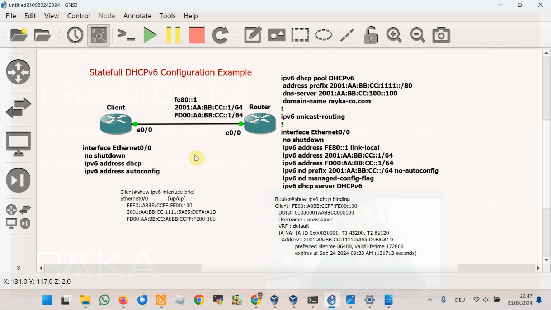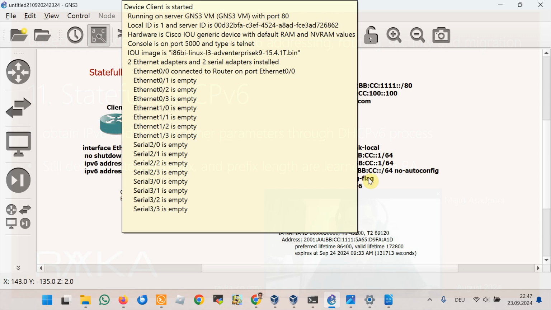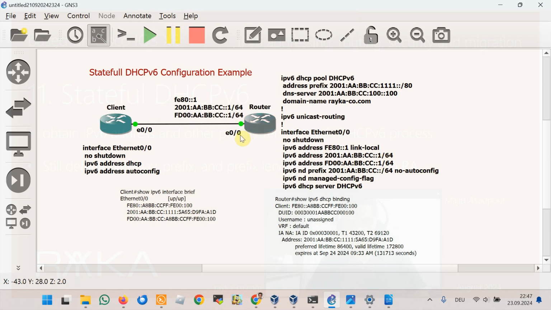Two routers are connected through interface ETH0/0, one as a gateway and the other as a client. In the router on interface ETH0/0, I've configured three IPv6 addresses: a link local address, a unique global address, and a unique local address.